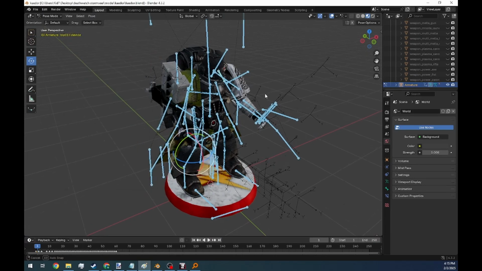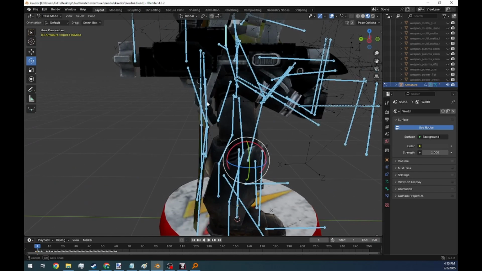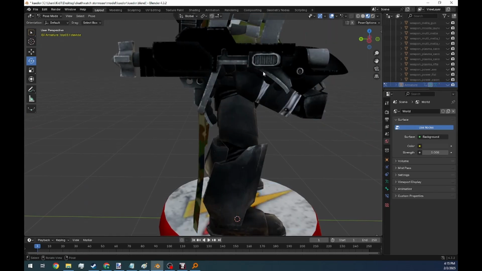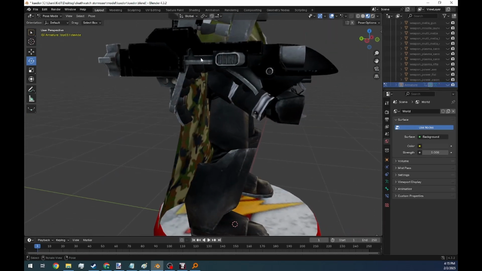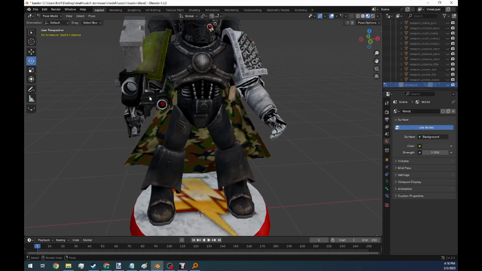I'm thinking about, I've done a rocket launcher pose before. I want to get, kind of hard to see with the armature in the way, but this over the shoulder. I don't know what this hand's gonna be doing. I'll probably just put it like holding on to this thing. This is where I kind of like to get inspiration from the actual Warhammer miniatures to see what kind of pose I'm going to get. But anyway,